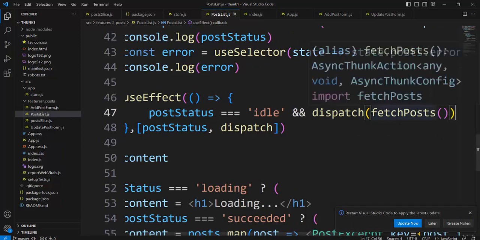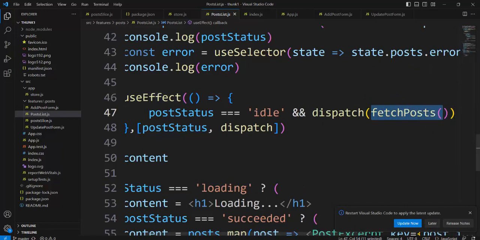This fetch post and this activation of dispatch is a reason for two renderings. What is the reason for the first rendering? The reason for the first rendering is, let's go to see